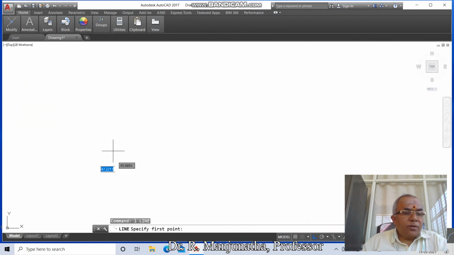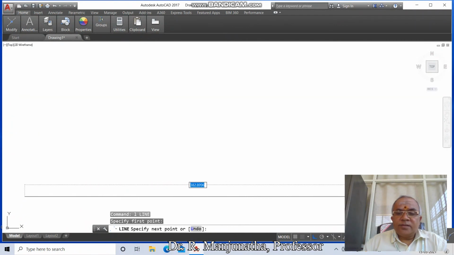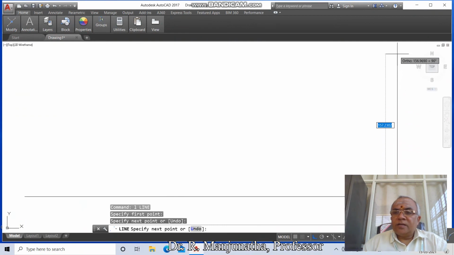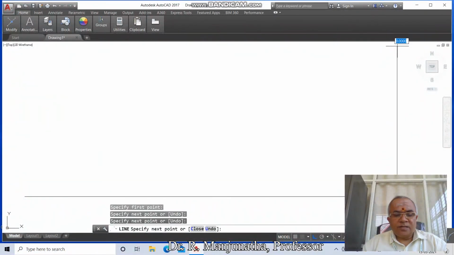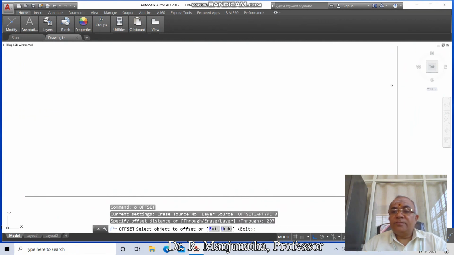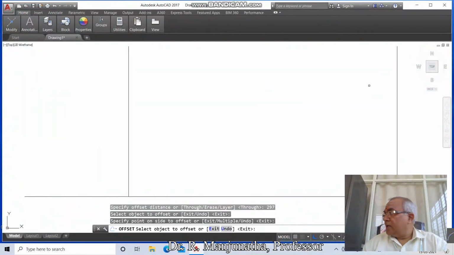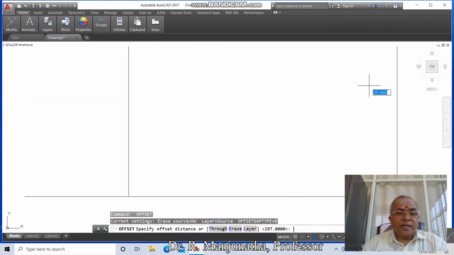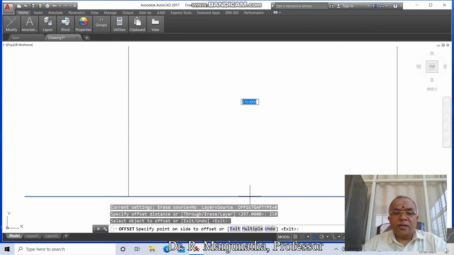So you select some arbitrary point on the lower left corner of your screen and take the cursor to the right side, take some distance and click the first button of the mouse, and take the cursor to the top side, take some distance and click the first button of the mouse, and then press the enter key. Then go to offset, take the distance as 297, select this vertical line and offset to the left side, and again go to offset, take the distance as 210, select this horizontal line and offset to the